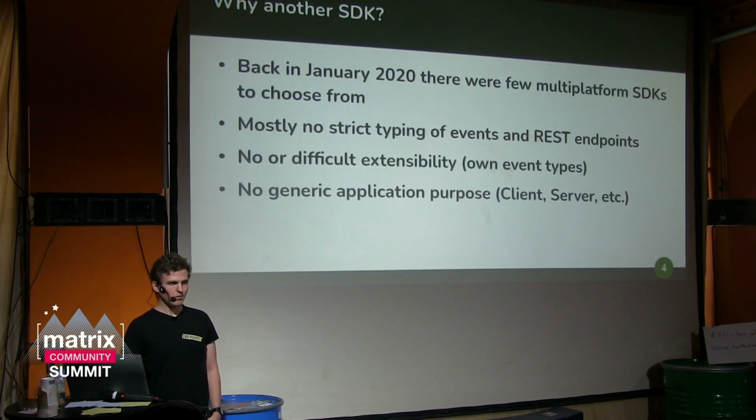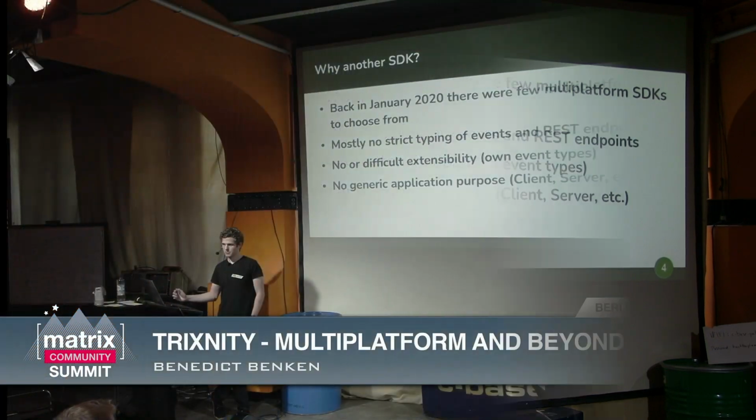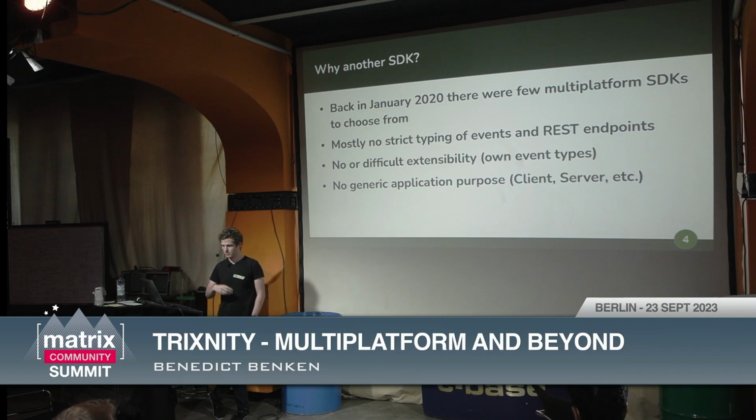Yeah, the question is why another SDK? We've had so many SDKs, JS SDK, Rust SDK, but back in January 2020, when I began to implement stuff with Matrix, there were only a few multi-platform SDKs to choose from. There was the Dart SDK, and in the early beginning also the Rust SDK, but they didn't fulfill my needs. Because mostly there is no strict typing, for example in the JavaScript SDK, but that is more because of the language JavaScript, not the reason why the SDK is